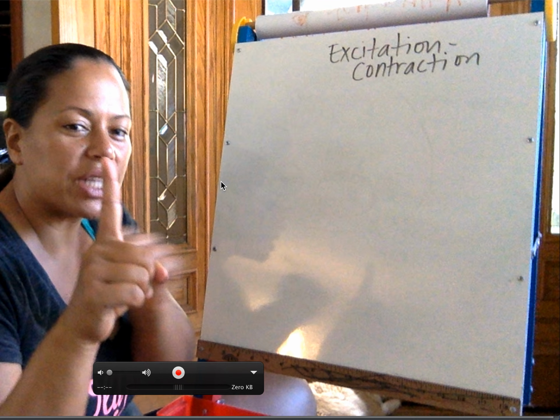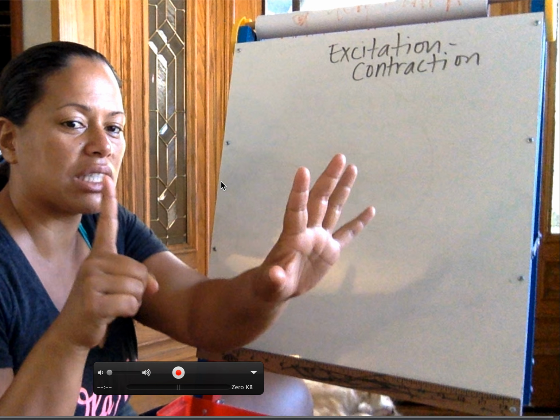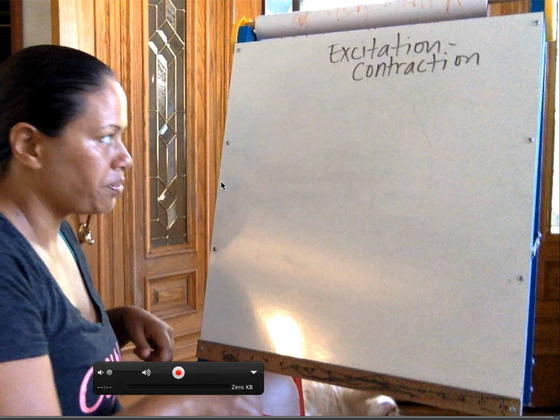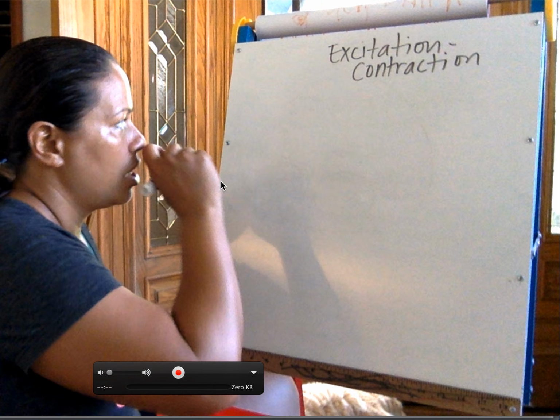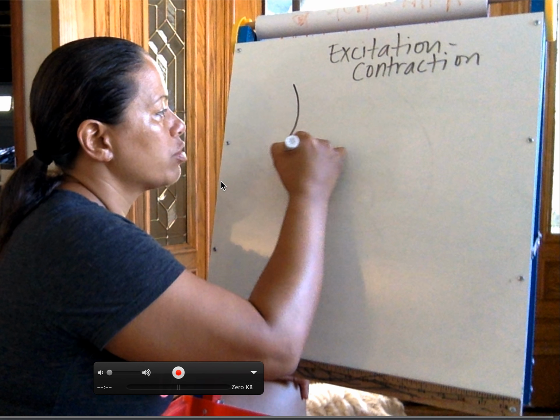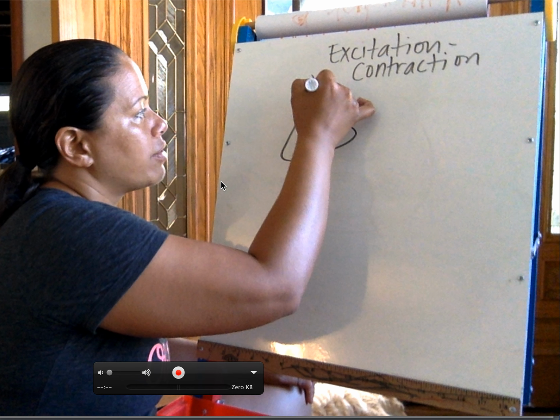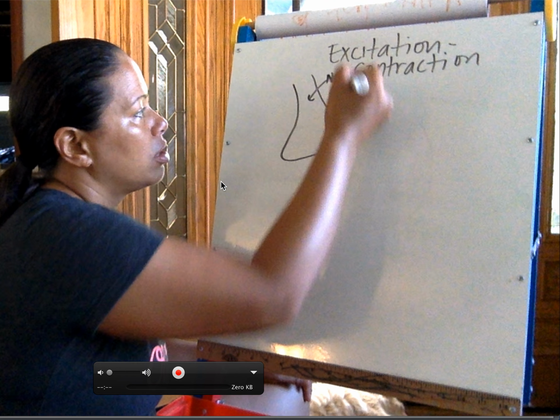So this is a nerve, and nerves control. This is a muscle, and muscles move. Together, they're a motor unit. Remember that. So what is a motor unit? Well, the nerve controls, right? So the nerve is actually what we call excitation. You have sodium that moves into the cell. So let's take a